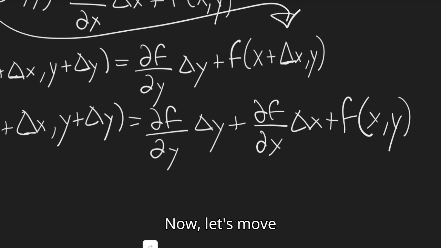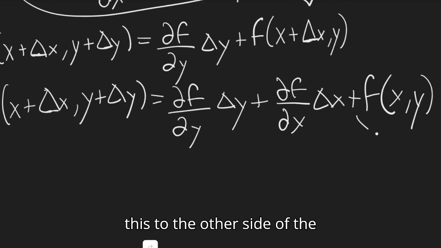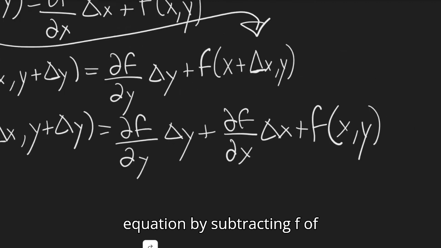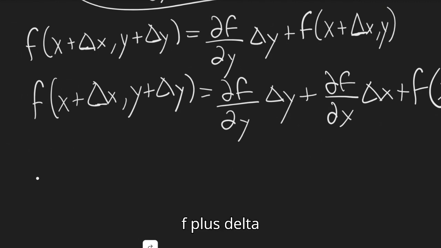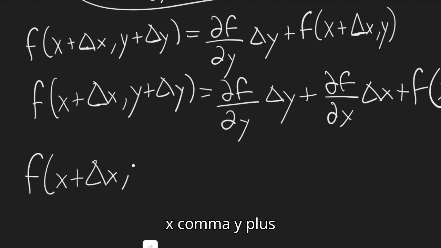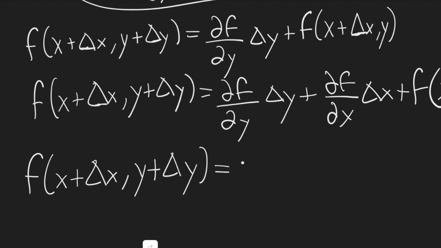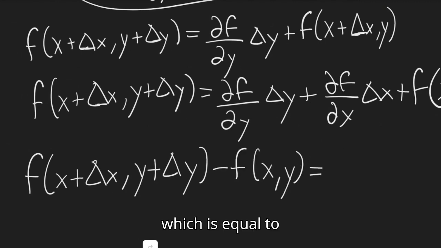Now let's move this to the other side of the equation by subtracting f of x, y on both sides. So we're going to get f of x plus delta x, comma y plus delta y, minus f of x, comma y, which is equal to